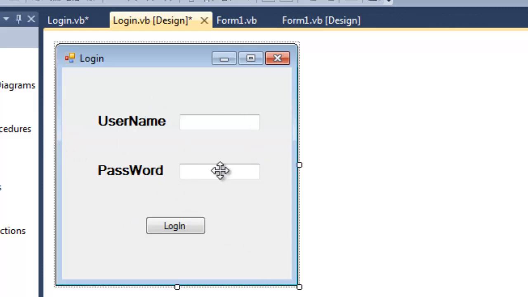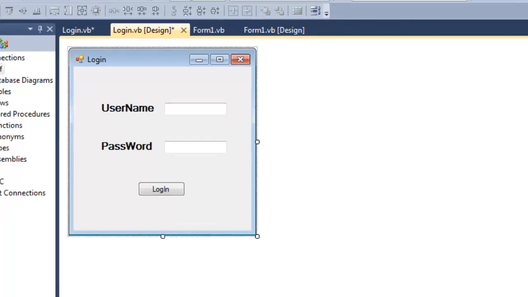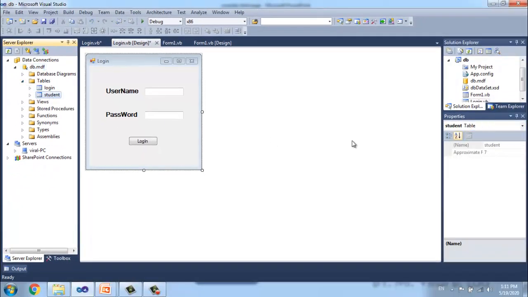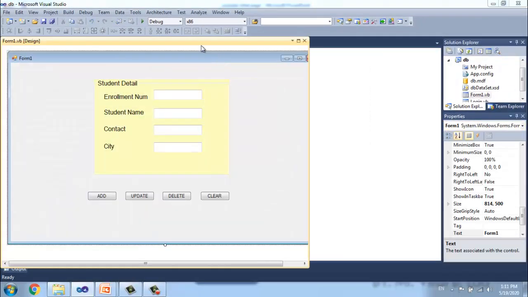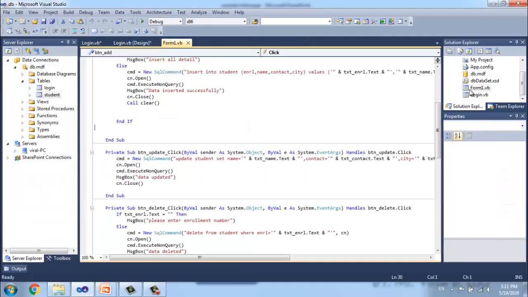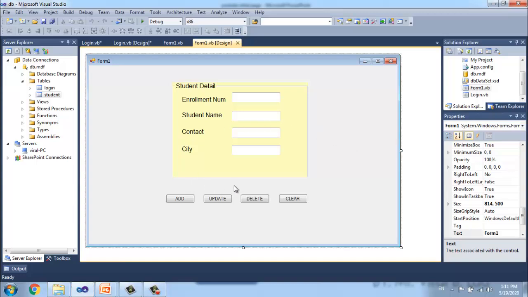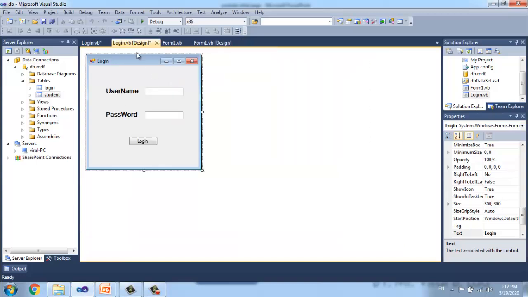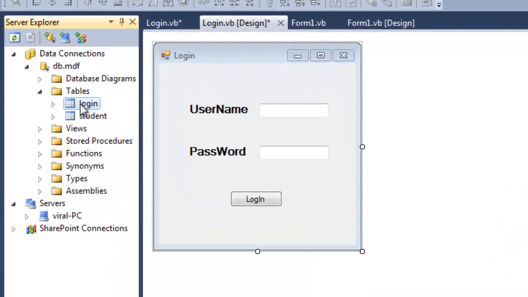So we have to create one table. We have created one table for student. In previous lectures we have seen the form, how to add data, how to update and how to delete data. Today we are going to see how to log in using database. So I have already created one table.